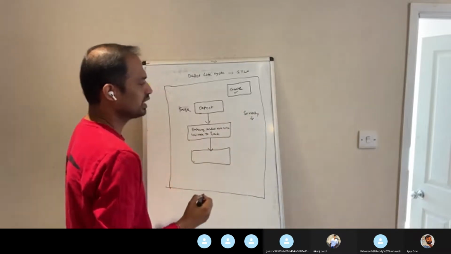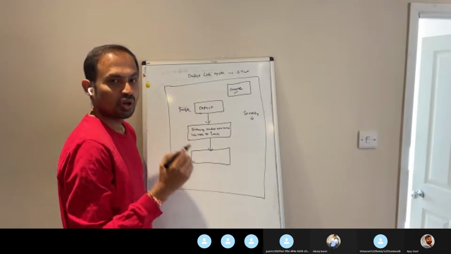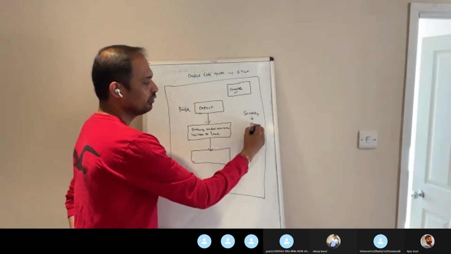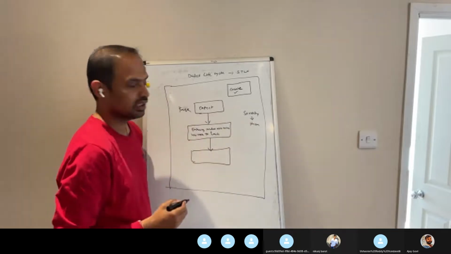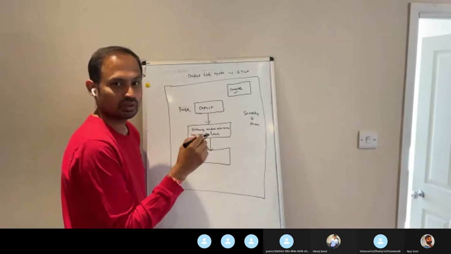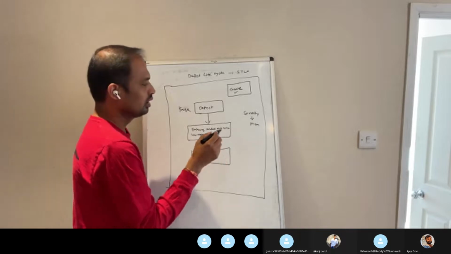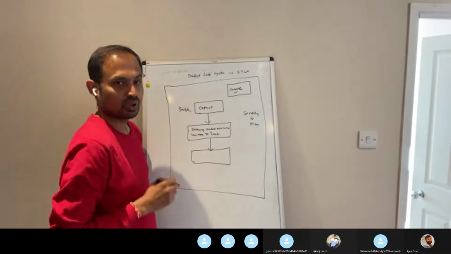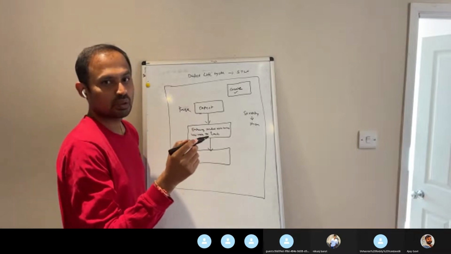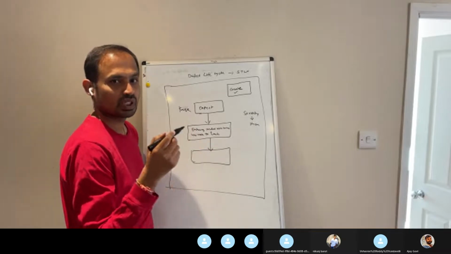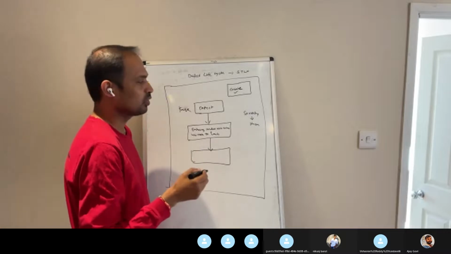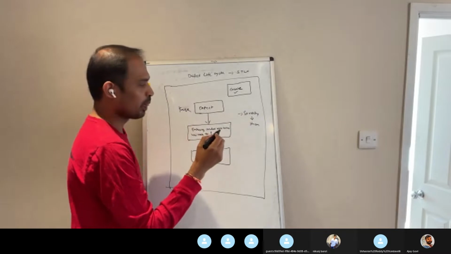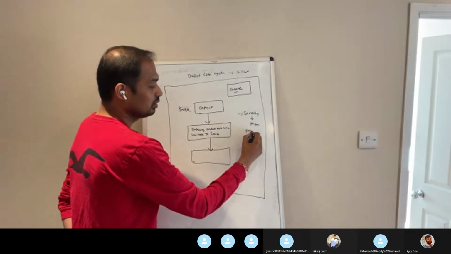Severity means if it is blocking to test, severity will be high. If we are not able to proceed with our testing for that functionality, and you are raising a defect, severity will be high. If we are not able to log in, then we can't test compose mail, sent items, or delete items, because we are not able to log in. So at that time severity will be high. Priority also